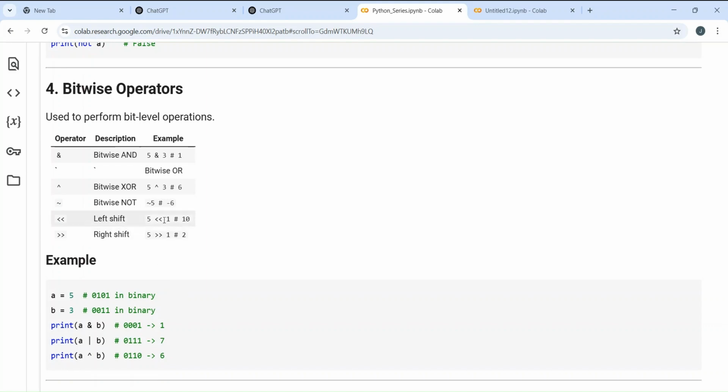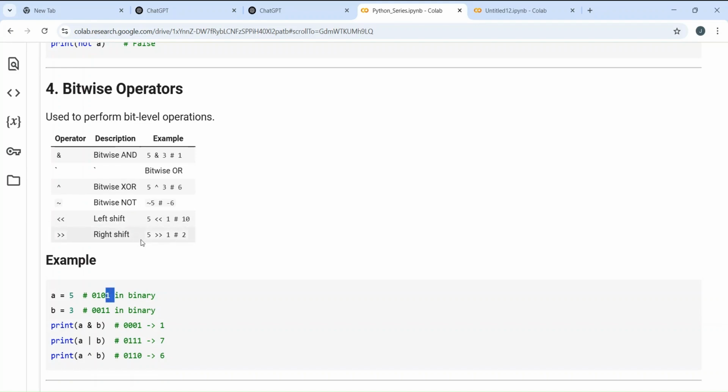Similarly, left shift. In left shift of bits, let's say 5 left shift 1. What you are going to do in left shift and right shift is, if you are shifting the digits to the left, you will add a 0 at the right side.